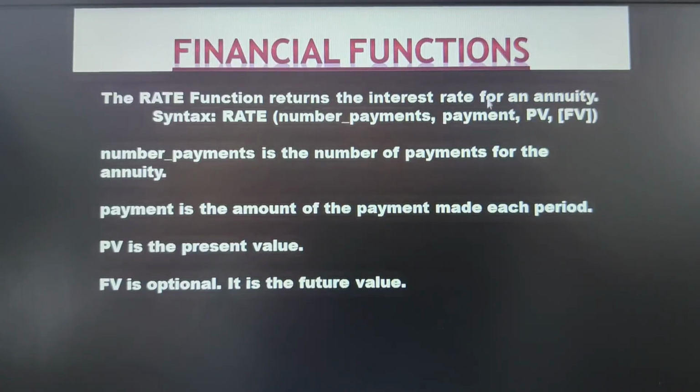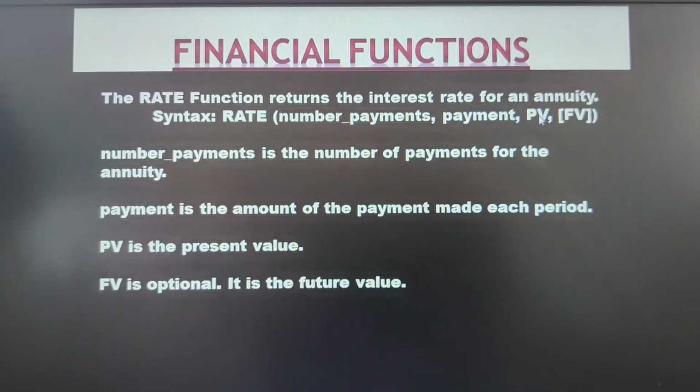Understood? Next we have the argument payment. What is this payment? It is the monthly payment you have to make in order to repay the amount. For 24,000, as I said, if you calculate with the rate of interest of 5%, the answer I get here is 550 rupees. That is a constant payment you are making every month. That factor is nothing but the payment. Next we have PV. PV is nothing but the present value. Present value is the loan amount that you have taken.